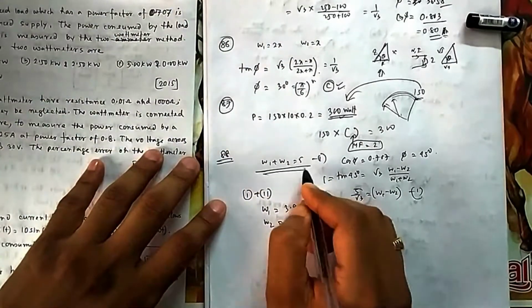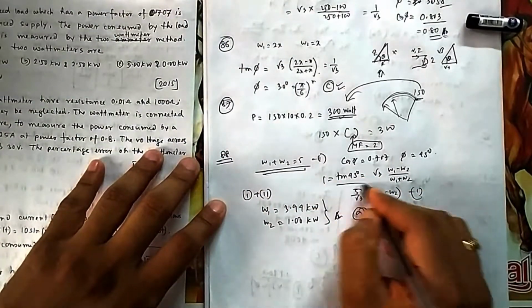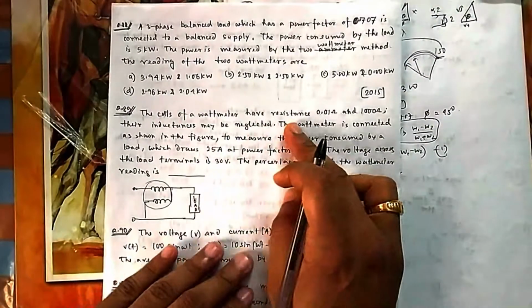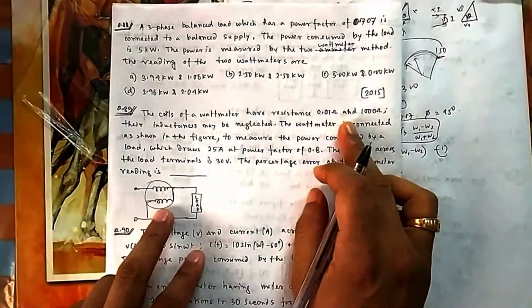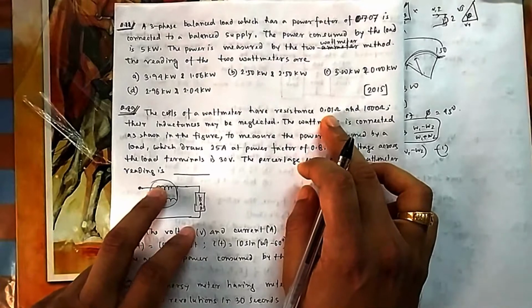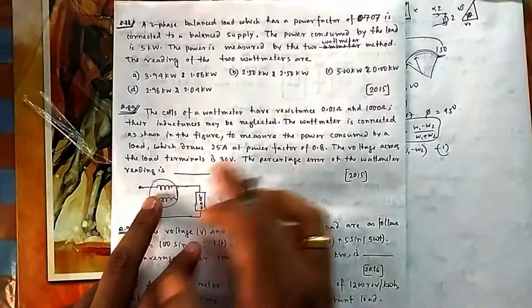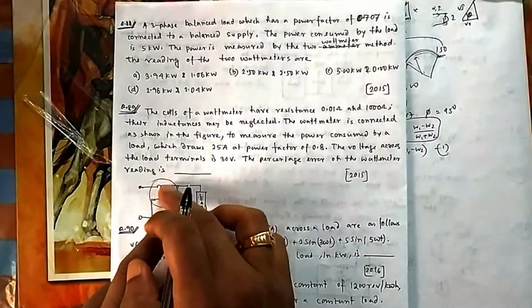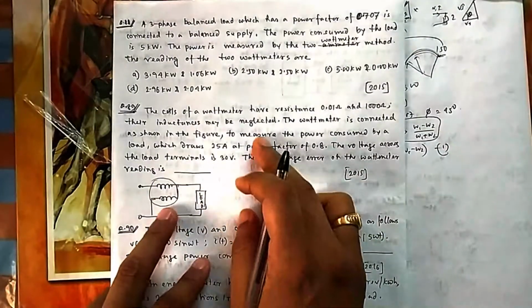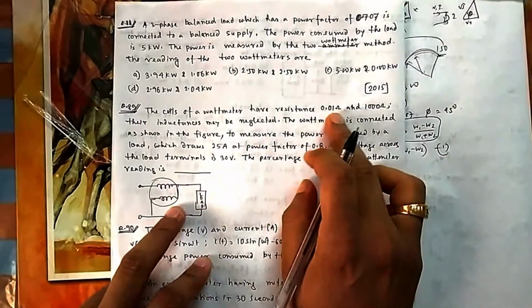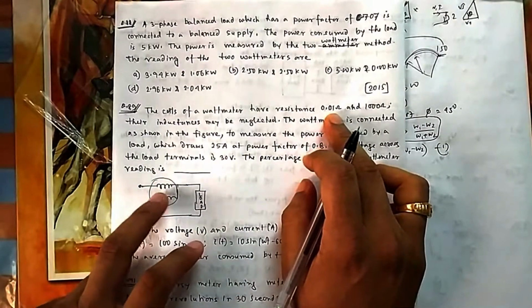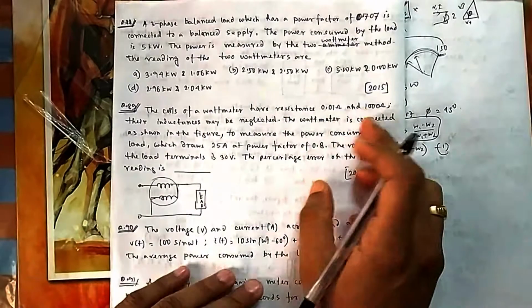So one is the direct total power and one uses the tan phi formula. Now if you come to 89, the coils of the wattmeter have these resistances. 0.01 obviously will be the series one, and 100 will be the parallel one. Because if you put the highest resistance in series, all the losses will be there only, and you will not get any power in the load, everything will be consumed there. So series resistance should be very small, so the drops and losses are very small.